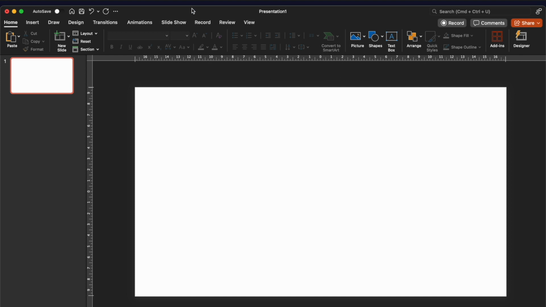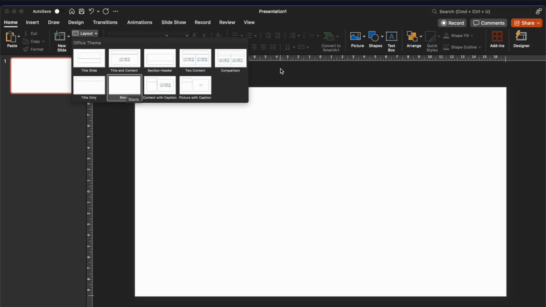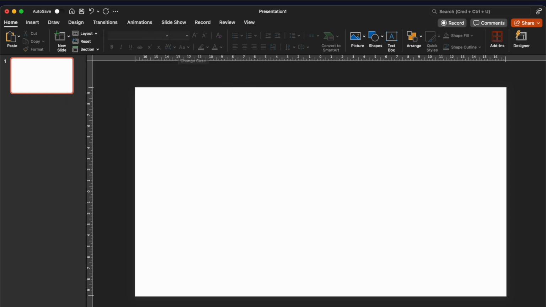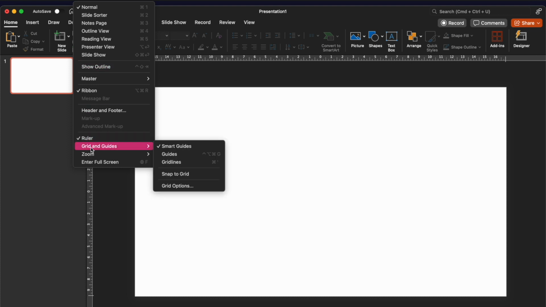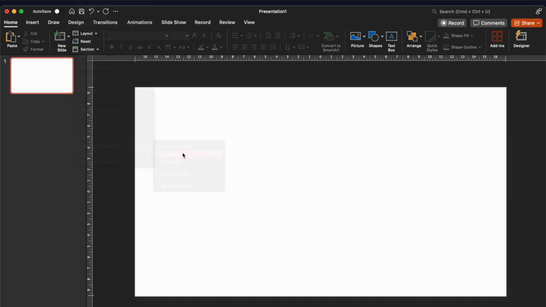I'm going to open up a new blank presentation, and I've selected the blank layout here instead of the title slide layout. I'm going to go to View and open up my grid and guidelines in the View toolbar and select Guides. I want to turn on these horizontal and vertical guides because they help to keep things aligned and